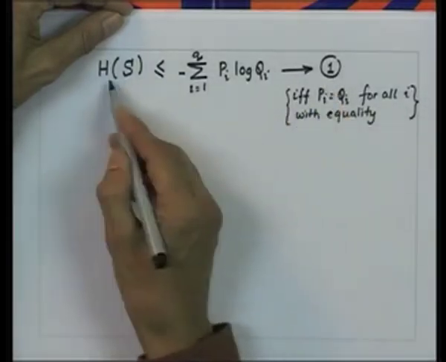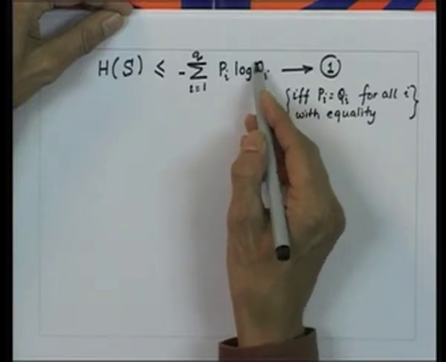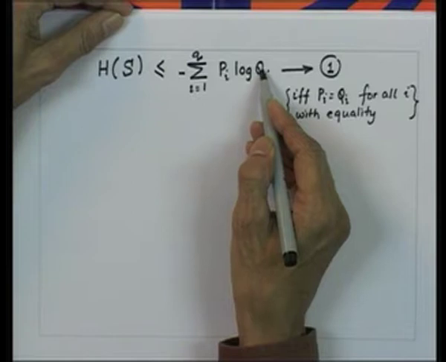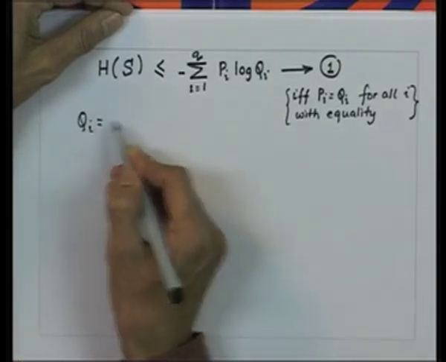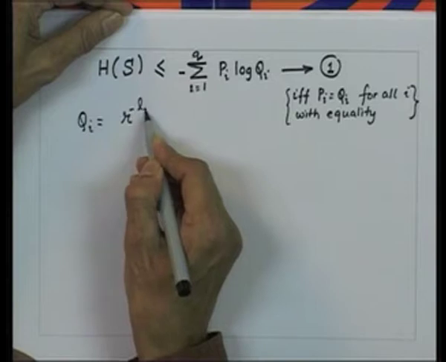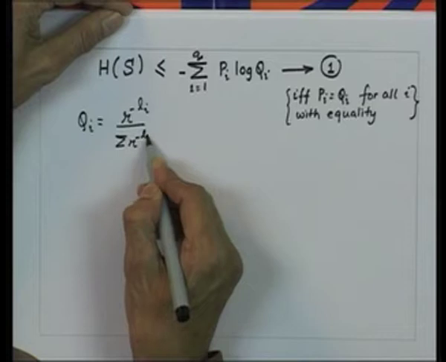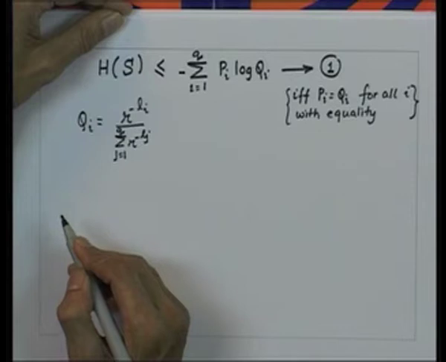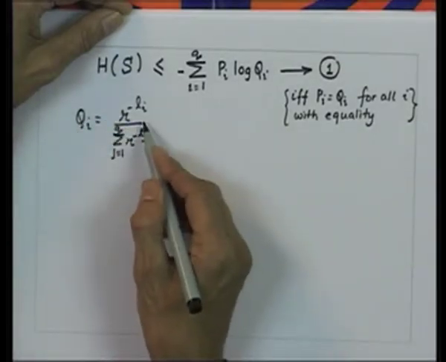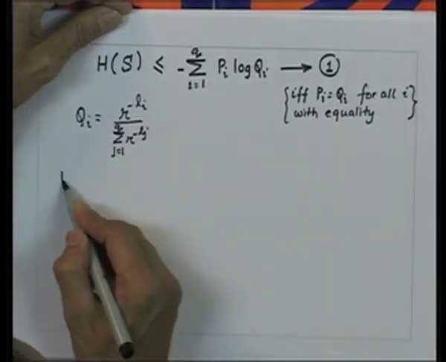Now, equation 1 is valid for any set of non-negative numbers Qi which sum to 1. We may therefore choose Qi to be r to the power minus Li over the summation of r to the power minus Lj, j equal to 1 to q. If we choose our non-negative Qi as given by this expression, then we can write